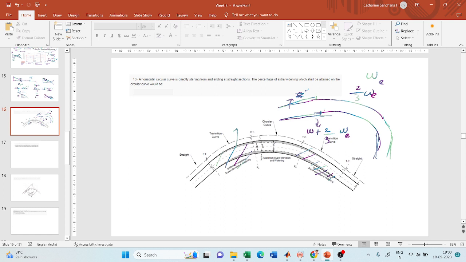So you will increase it, and by this point the entire extra widening has been attained. From this portion, your entire width will be W plus WE. Here you have provided only two thirds of the extra widening. After the circular curve starts, you will provide the full extra widening by adding the remaining one third also. So if you see here, the answer to this will be,